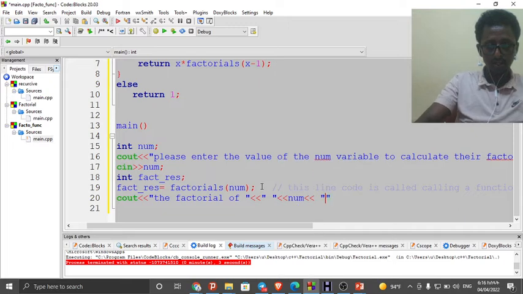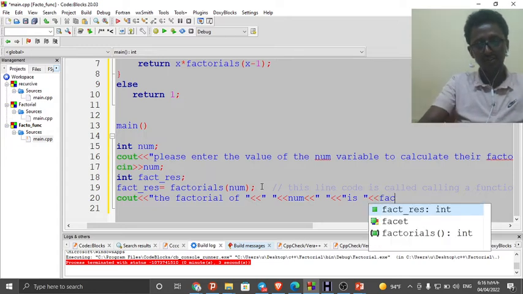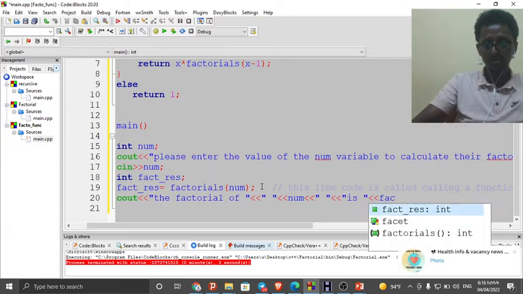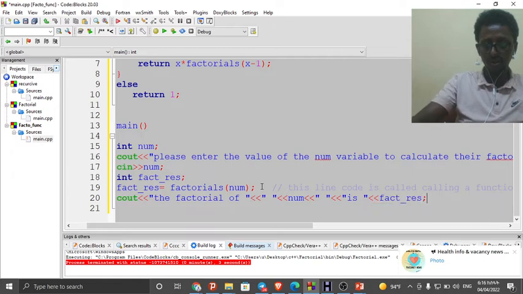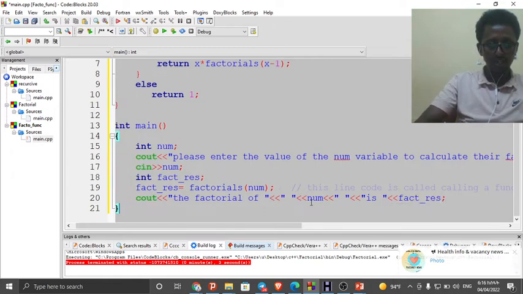Again it is good to put a space here. Num, again is, again this, fact, this one, the final value. Yeah, good. Then finally return